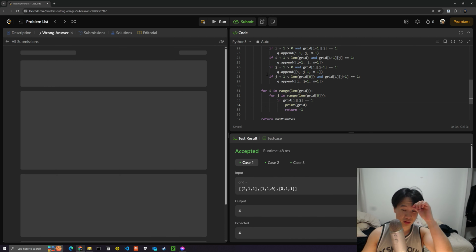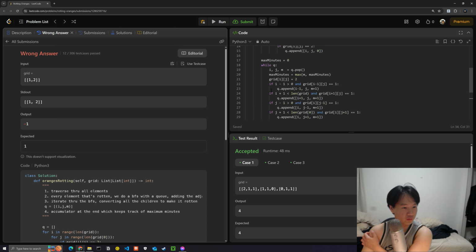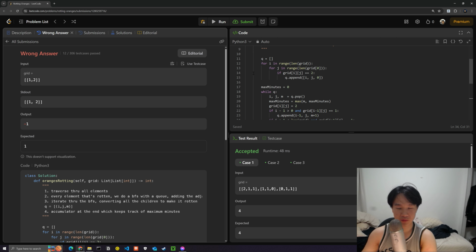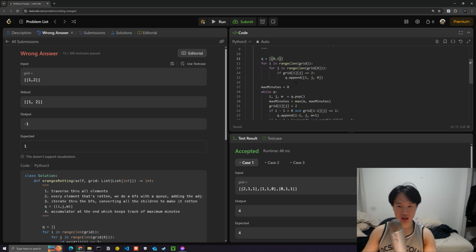so the grid is 1 and 2, and then stdout. Okay, so let's start off with this one. 1 is rotten over here, so then we add it, right? So we're going to be adding basically 0 and then 1, because we're doing it this coordinate. From here, it's going to pop I, J, and then 0 here. It's going to pop the maximum, this one, set the maximum minutes, and then